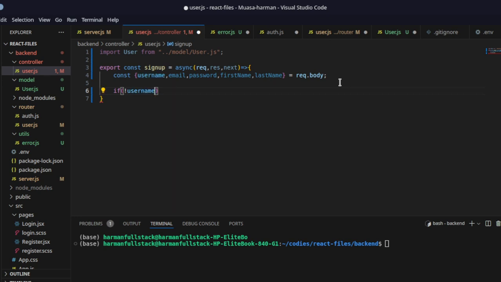So we're going to have username. If no username, or there's no email, or there's no password, or there's no first name, or there's no last name, or rather if the first name is equal to a blank string,